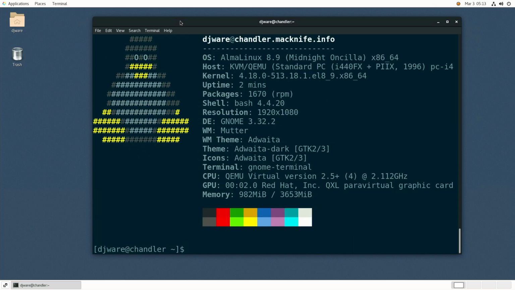All right, so we've got 1,670 RPM packages. GNOME is 3.32.2, so that updated. And yeah, okay. And we're using about 982 megabytes. So that part is done. The next thing we need to do is to look at the results. So let's see if we have any packages that are